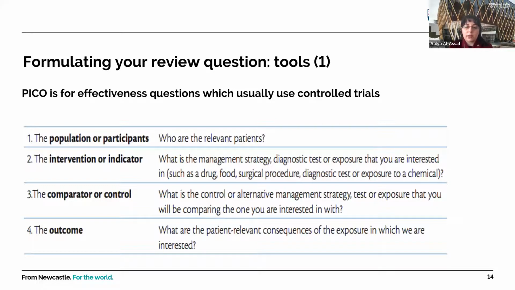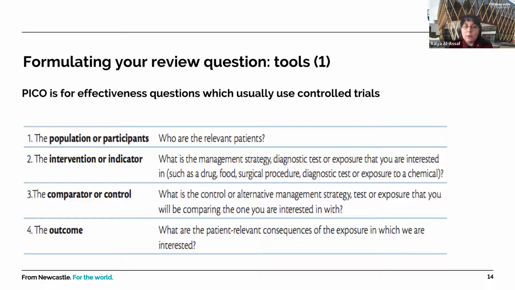So for example, if you are studying the effect of a new type of treatment, a new medicine or surgery, or a diagnostic test, this is the intervention. If you are studying the effect of a certain exposure factor, let's say smoking, then the I in PICO could be replaced with E, so it will be PECO, E for exposure, because in this case you would include observational studies, you will not find interventional studies.